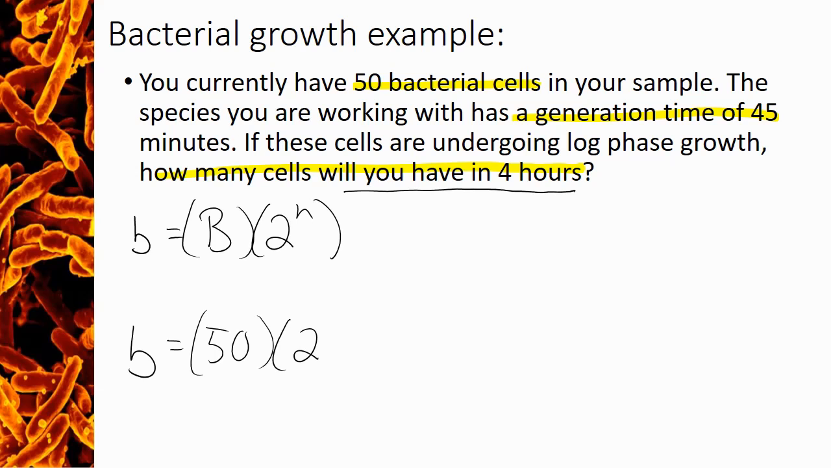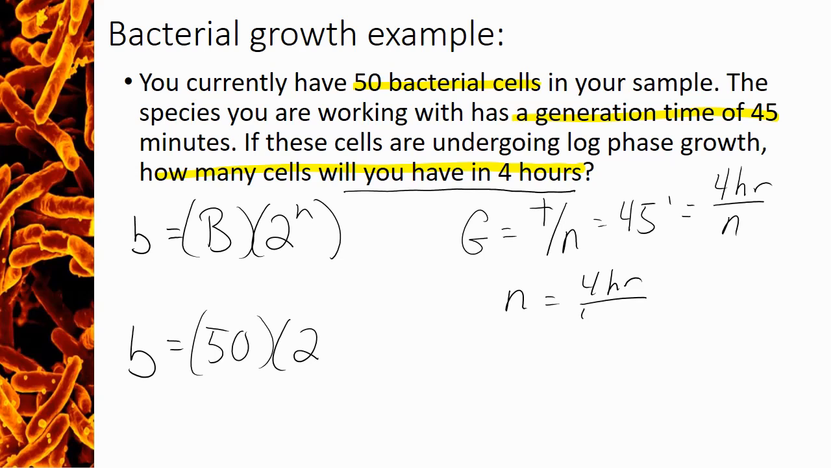Instead, it tells us the generation time. So besides just this equation, we also have to use that the generation time equals the time of growth divided by the number of generations. Now here we have 45 minutes for the generation time equals they've been growing for 4 hours, and we're trying to solve for n. So we rearrange this equation to get n equals 4 hours over 45 minutes,